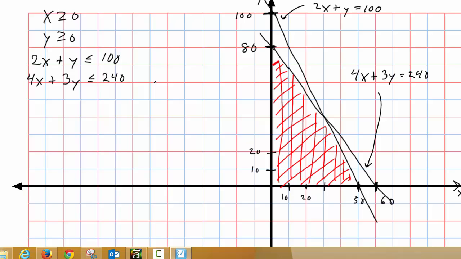And now what we need to do is identify the corners or the vertices. So let's indicate those maybe in green. On the one hand, we have one here, and that one is easy. That's just the origin, 0, 0. There's one right here, and we can see pretty easily that that is 50, 0. There's one right here, and that is 0, 80. And then finally there's one right here where these two lines meet, namely 2x plus y equals 100 and 4x plus 3y equals 240. They intersect at one point, and that's one of our vertices. And so we need to know